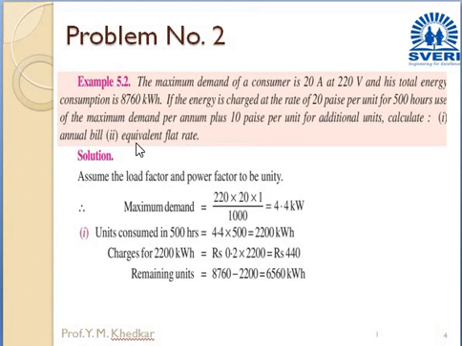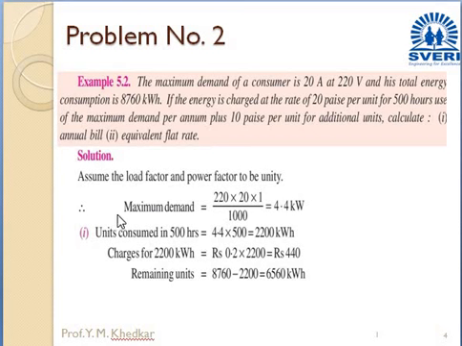Why is it different? Because here maximum demand is not given directly. The maximum demand has been given in the form of ampere and voltage, means current produced and voltage generated. At the same time they are telling that a total of 8,760 kilowatt hour units are consumed, and energy charges for the first 500 hours are 20 paise and for the remaining time it is 10 paise. So by taking all the things into consideration, first of all we will start to calculate the values.